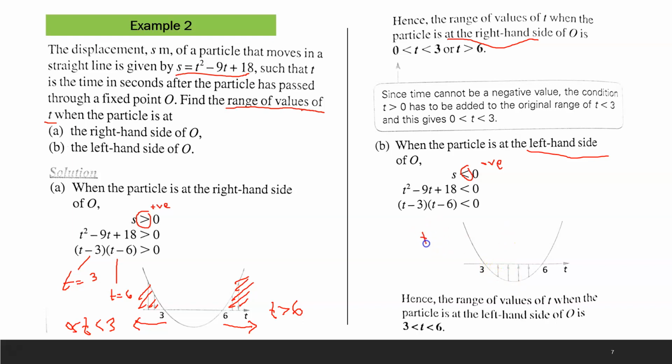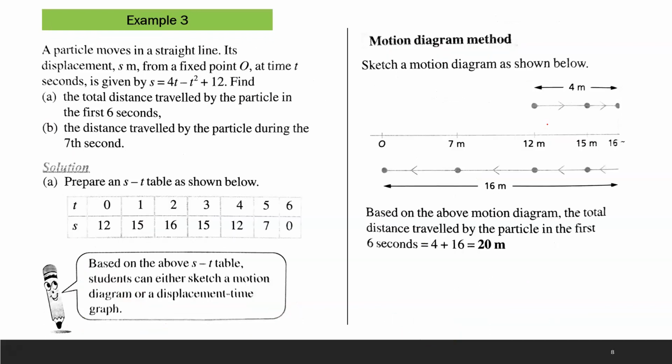Yang lebih kecil, maksudnya you ambil yang sign. Ini kan positif. Dekat atas ni positif. Dekat bawah ni is negative. So, because of this is negative sign, you ambil lah yang dekat bawah ni. Macam tu. Okay. So, the answer is this one. While this one, the answer is this. Ada dua. T or T equal to greater than 6. So, that's it for the second